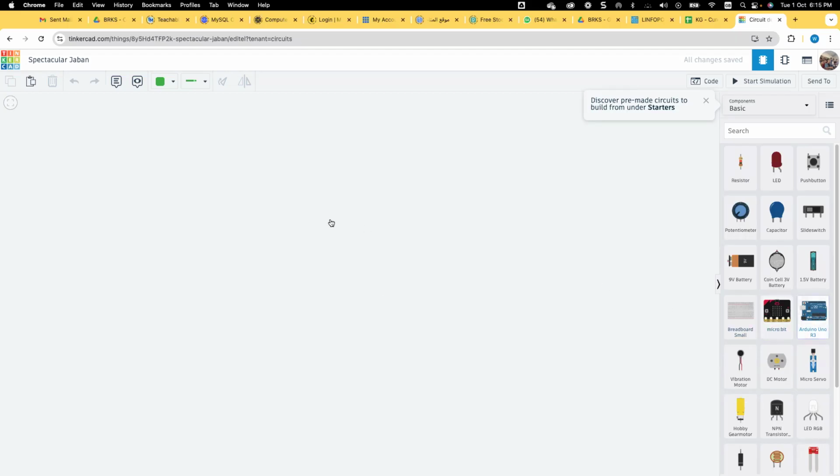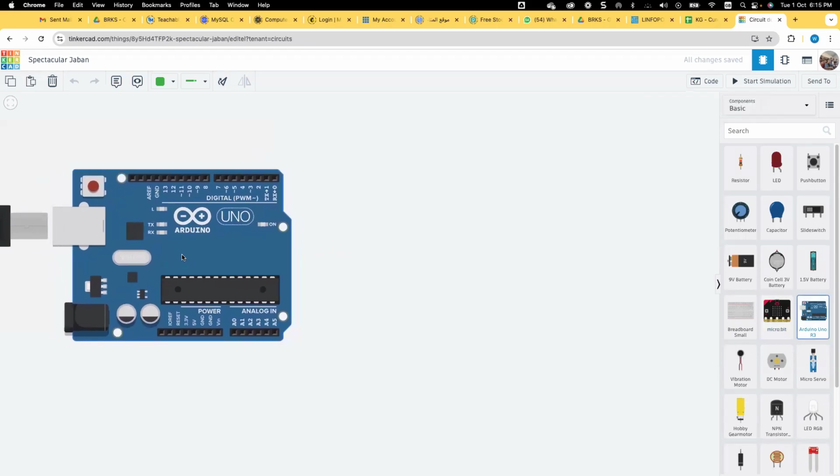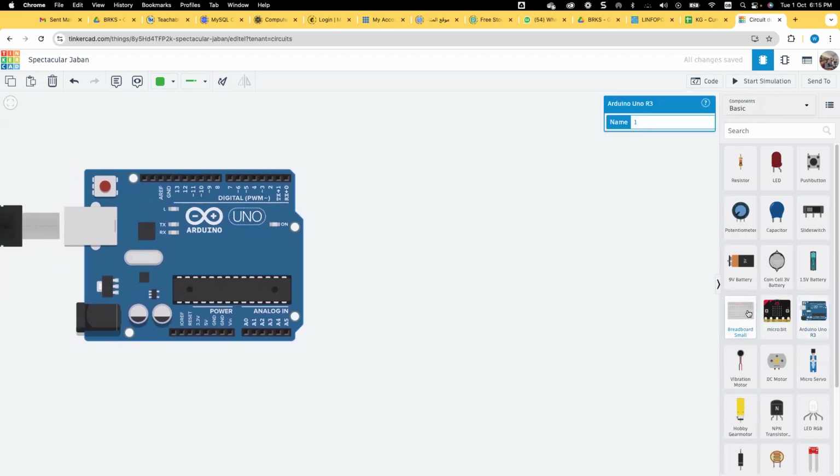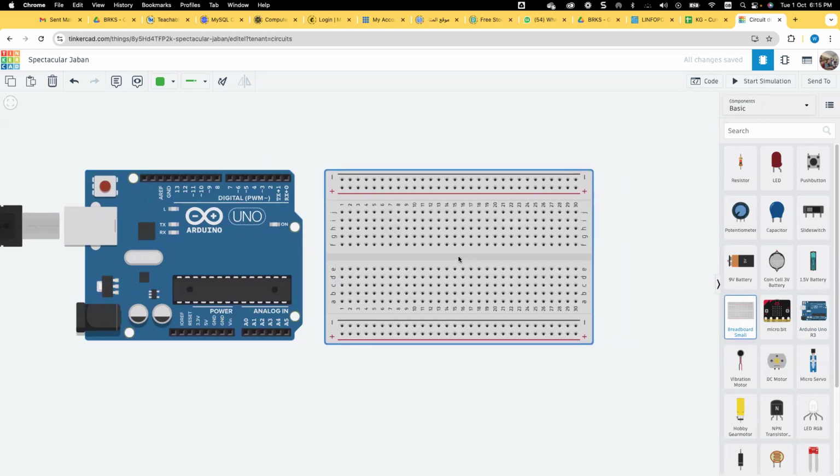So I will move the Arduino board and my breadboard, because these are the two main parts that I'm going to use in order to manipulate any project in Arduino. And you will see how it's going to facilitate the process a lot, because it is similar to what you are going to manipulate as hardware.